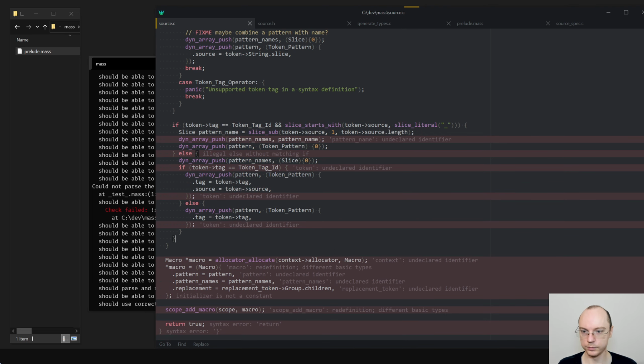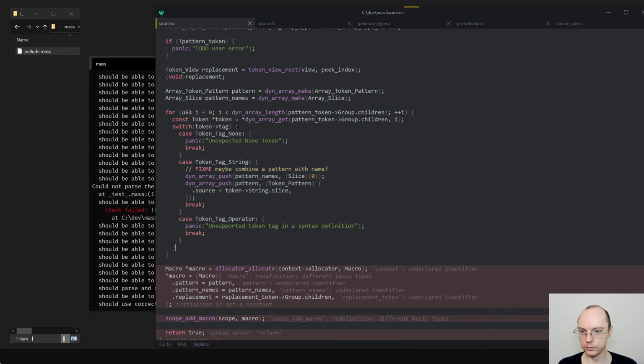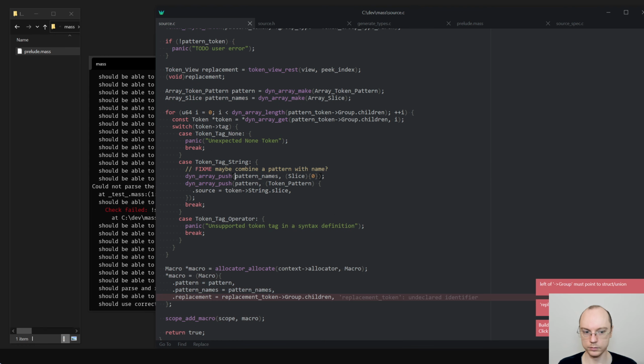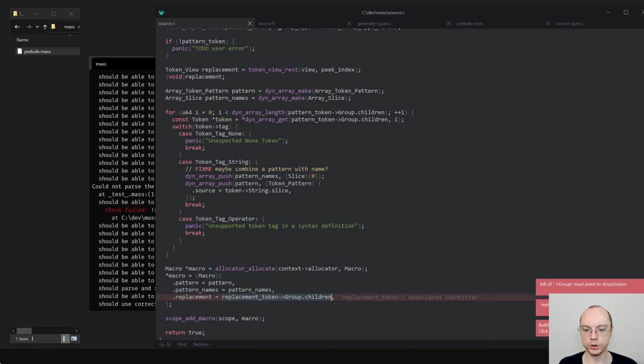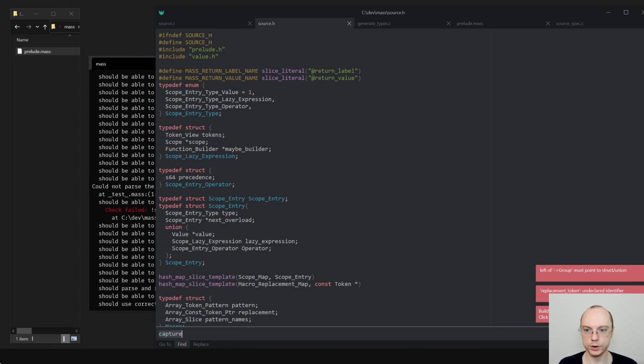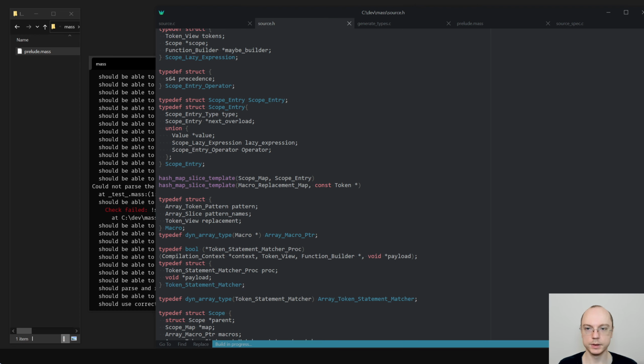I don't know. Okay, replacement. This is an array. I think that it shouldn't be. So let's change the macro type. I think that a replacement should actually be a token view, and let's see what that breaks.